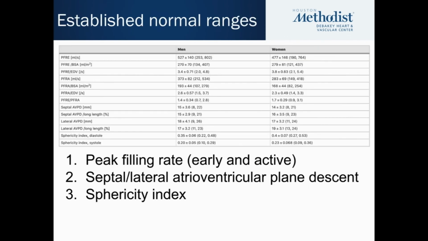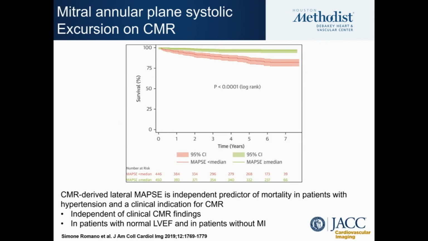There's already established criteria for filling rates, the AV plane descent and the sphericity index, not necessarily used clinically. This is quite supported by multiple prognostic studies. For example, looking at the mitral annular descent or excursion on CMR had shown to be of quite a prognostic value in those who